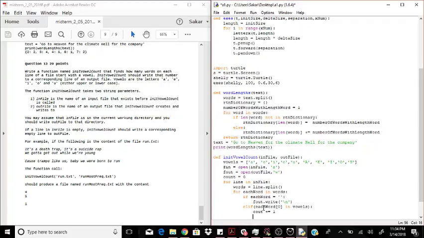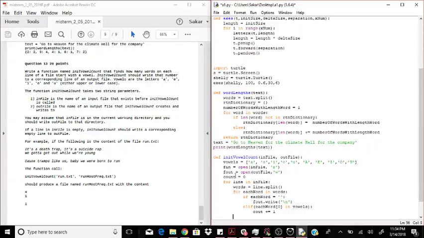Then once I'm done, so now it's going to loop. Now, once I'm done looping over each word, once I'm done looping over each of these words,